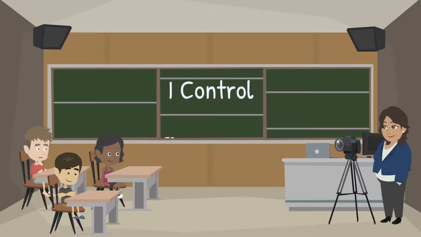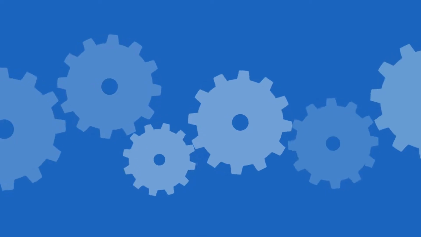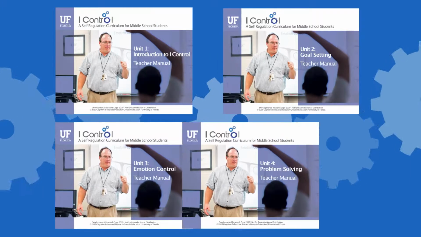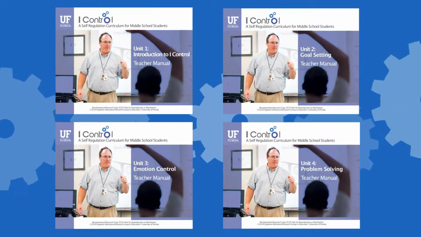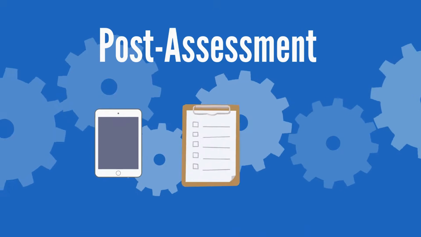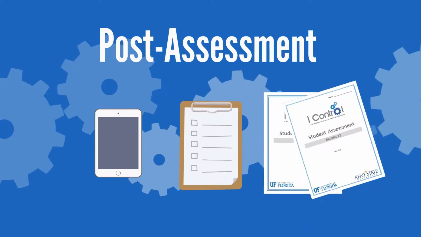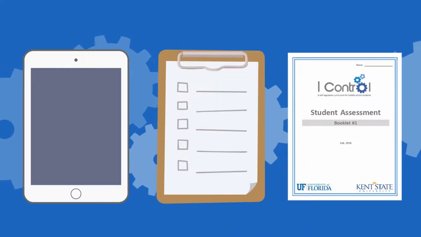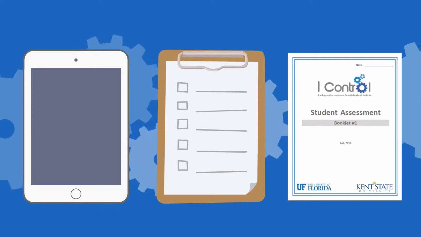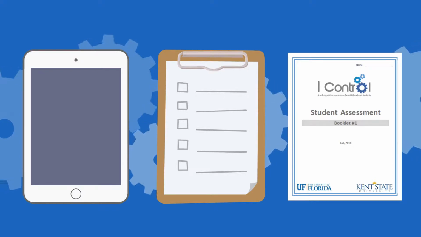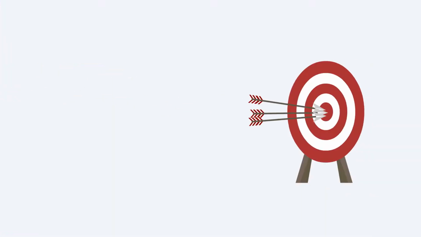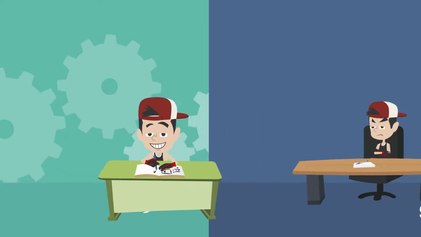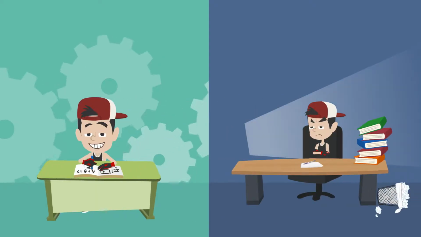Camera equipment will be provided to monitor implementation and treatment fidelity. Teachers will learn how to use this equipment during training and are expected to record a majority of their iControl lessons. Once all iControl lessons have been delivered, both treatment and control groups participate in a post-assessment process identical to the pre-assessment process. Post-assessment data from all students and teachers in both study conditions allow us to determine the effectiveness of iControl and determine any improvements in the behavior of students.